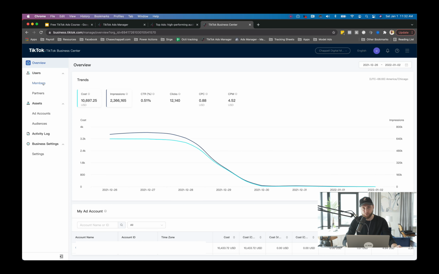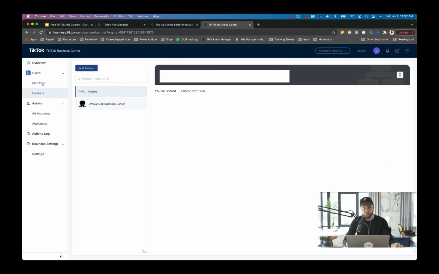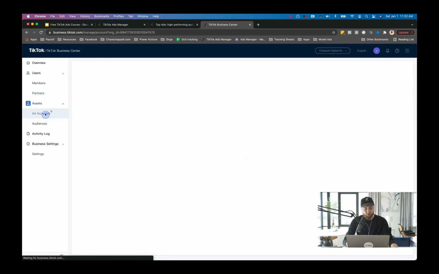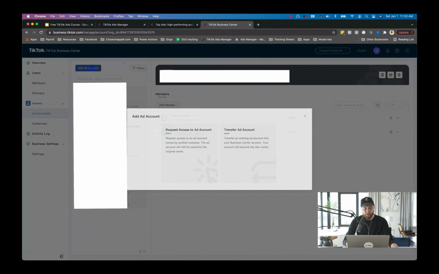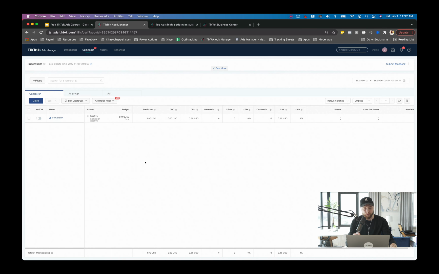And this is where you can start to assign individuals on your account so that they have access if you have people on your team that you want to have access, or if you want to share partner access with other agencies, then this is where you would do it. And once you are in here, you'll hit add an ad account and create your ad account. And once you've created your ad account, you'll see a dashboard that looks something similar to this,